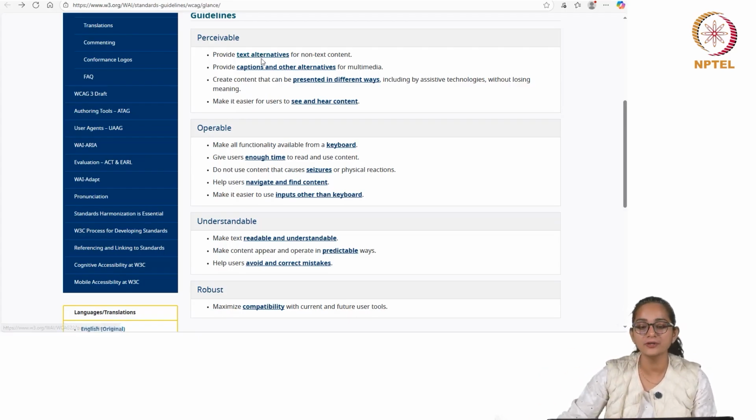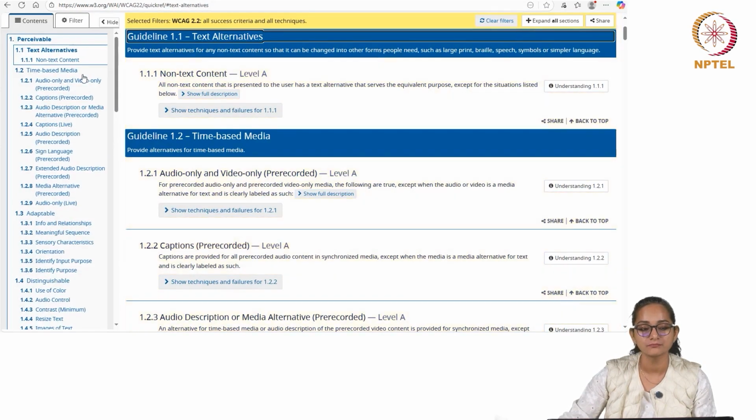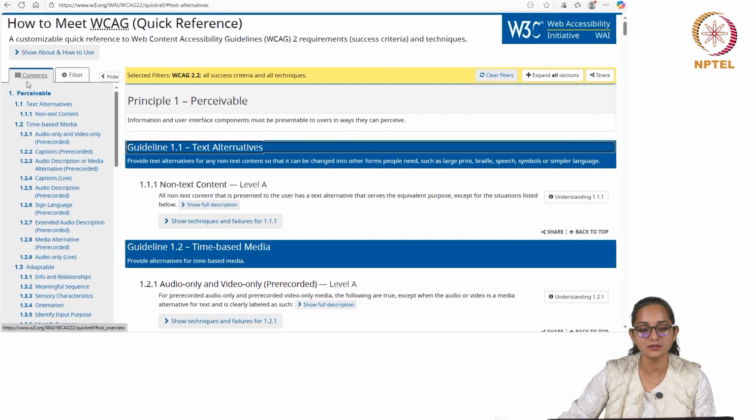If you click on it now, it will take you to the main document. Here you can see that the main document itself is also here. On the left side, there is a long navigation panel. Don't get scared just by looking at it. I would recommend browsing through all of it.